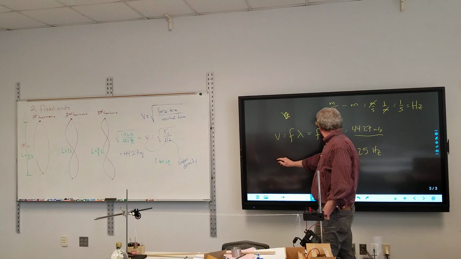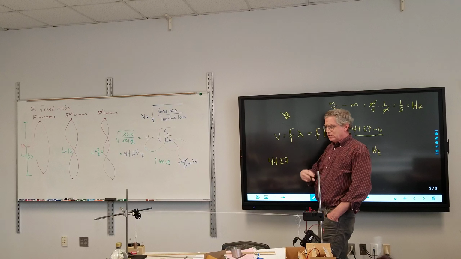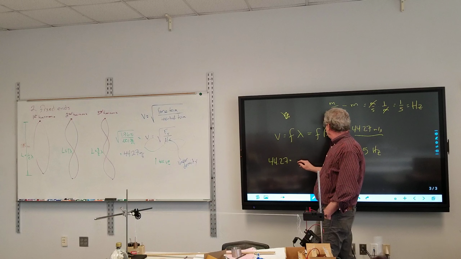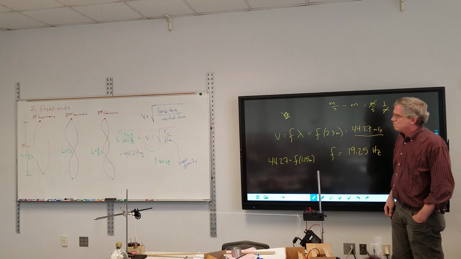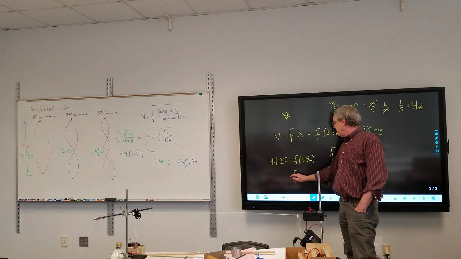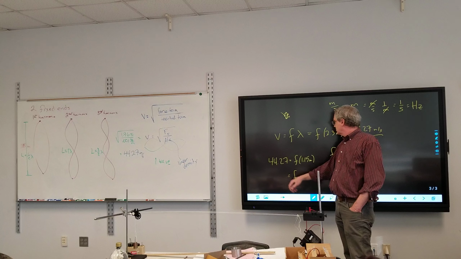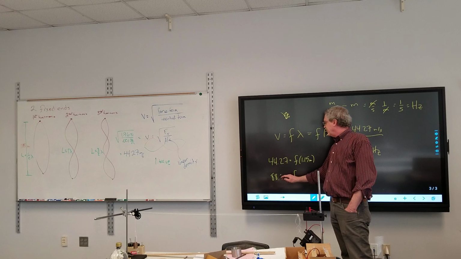And so I have 44.27, the speed of the wave based upon the tension and the density, is equal to frequency times 1.15 meters for the second harmonic. And so the frequency would be